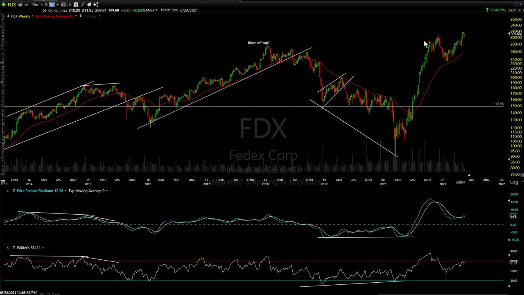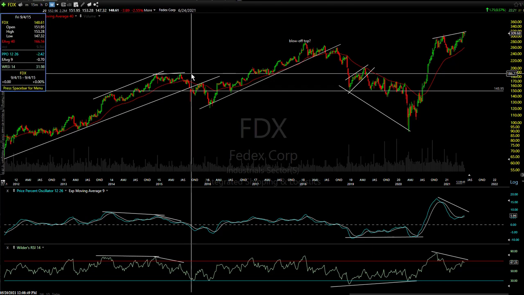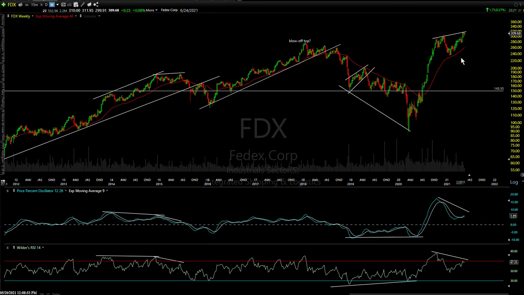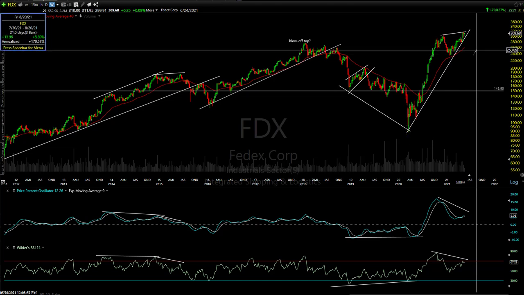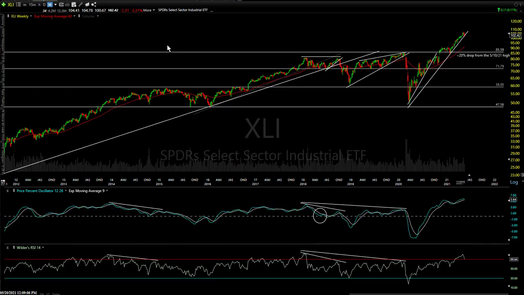Oh gosh, look at this top on FDX on the weekly. Big divergence. You don't usually get a weekly divergence this big. The last time we had negative divergence on the weekly was back here, and that was good for a drop in FedEx of about 35.5%. This is a big divergent high, and I'm sure we could put a nice uptrend line right there. Anyways, let me get back to where I was trying to go. Obviously, I love charts. I get a little excited over them.